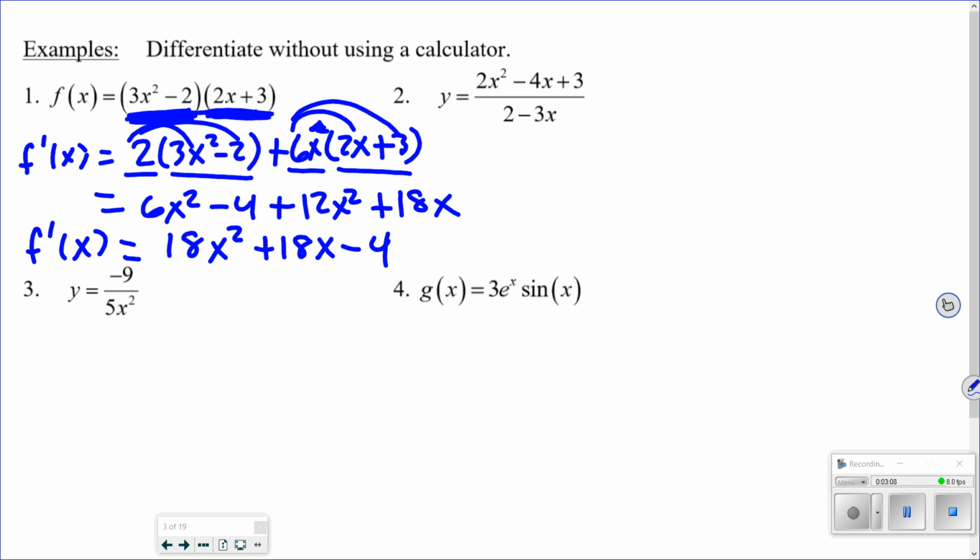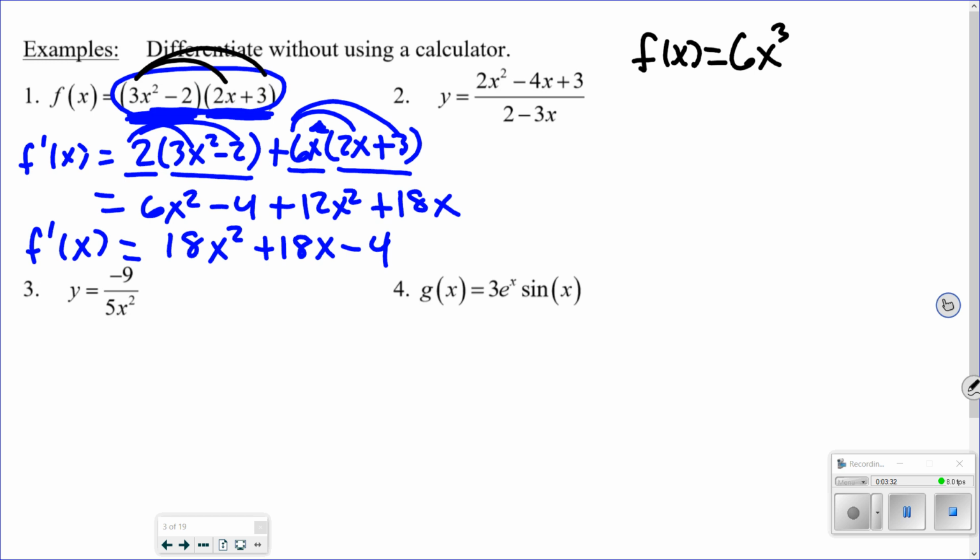If you look back at that problem, I hope some of us recognized we actually did problems like this before without using the product rule. And the way we did it is we multiplied it out first, and then we did it term by term using the power rule. So let's look at that other way, and we'll show that you get the same thing. So if I multiply it out, I'm going to put that up over here. F of x equals, let's multiply it out. This would be 6x cubed